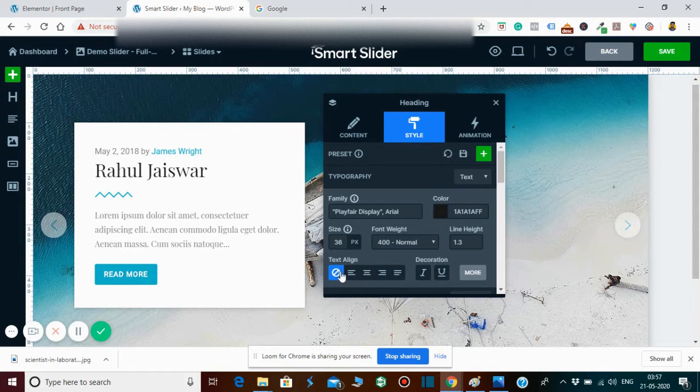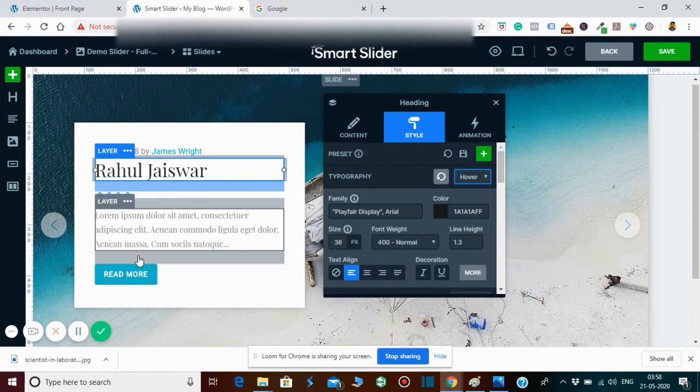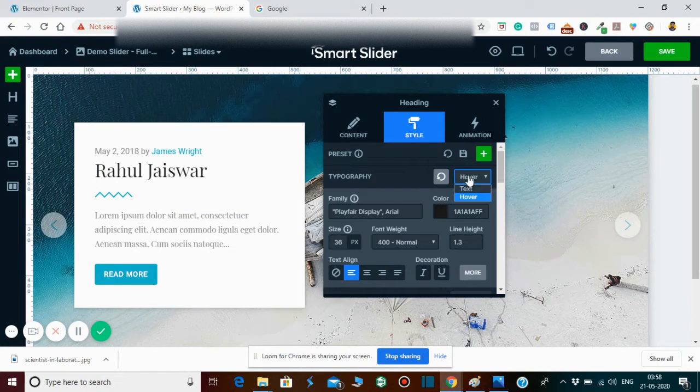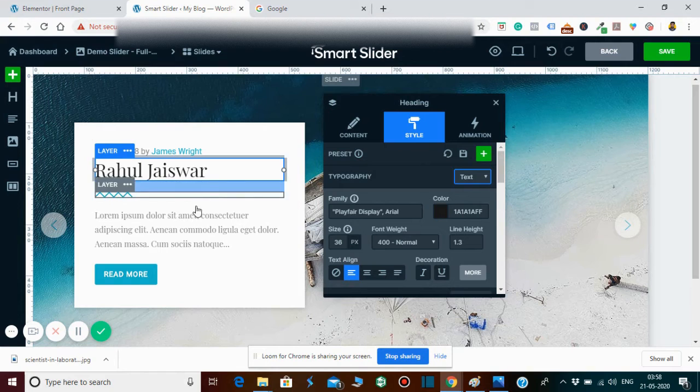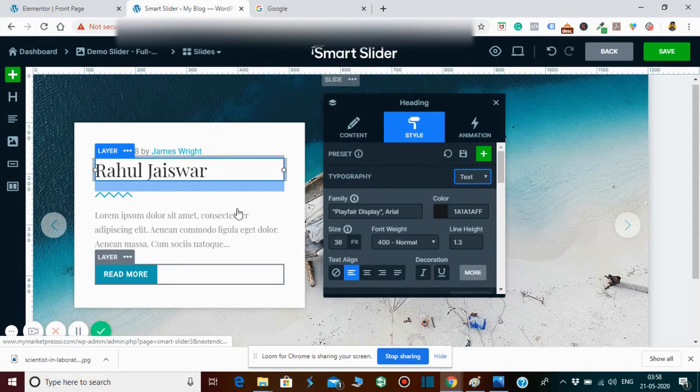If you want to align the text, if you click on the line, it will automatically go to the middle and right hand side. You can simply go and do that. And if you click typography, you will see all those things. If you click on the hover and text, for example, if you click on the hover, it will show like this. If you click on the text, it will show like this. So you have the hover like this type of thing.